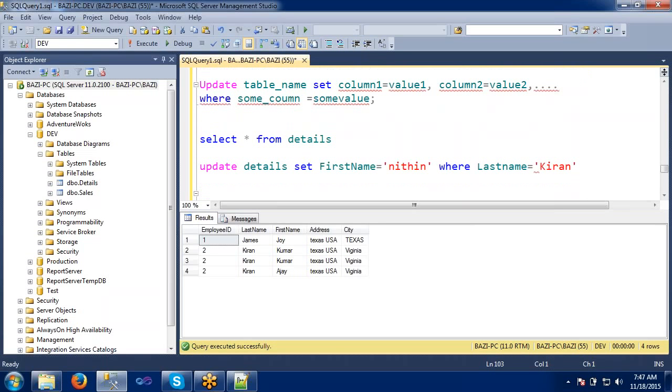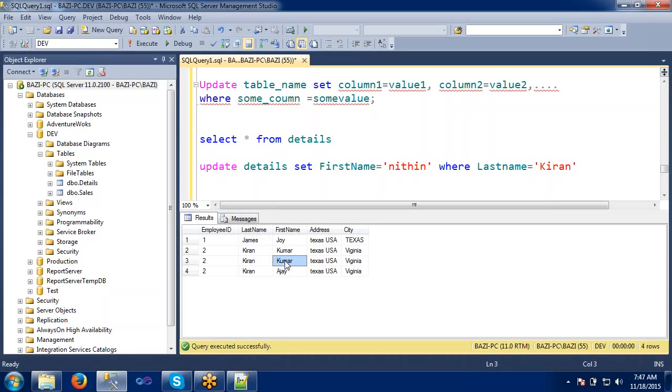So now guess which record will be updated. Here I am updating the first name, keeping the first name as Nitin where the last name is Kiran. I'm having three records with the last name Kiran, but I want to particularly update only the Kiran Kumar value, maybe only the second or third.